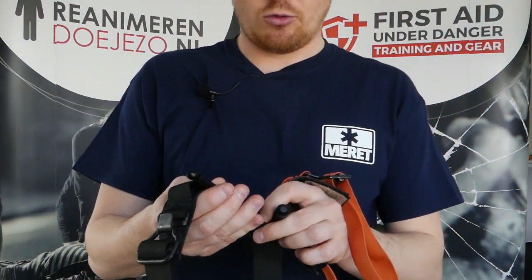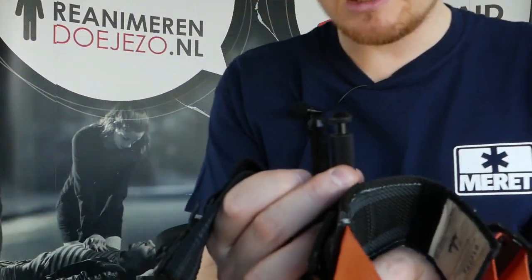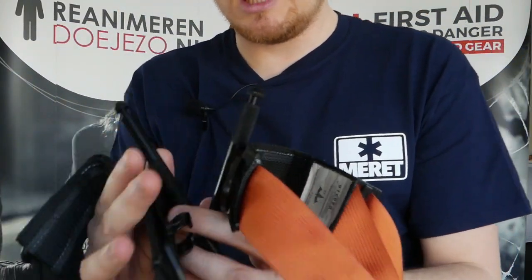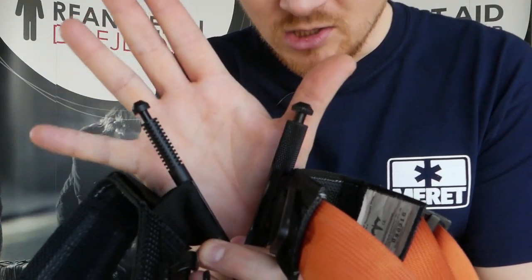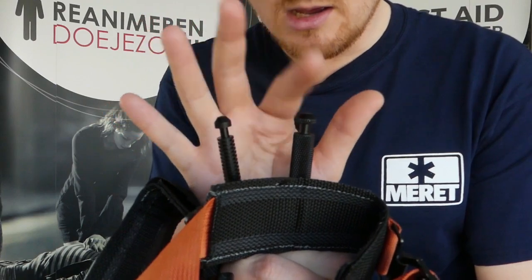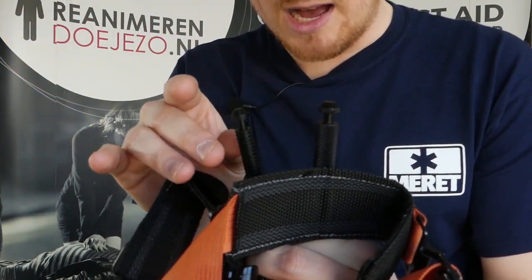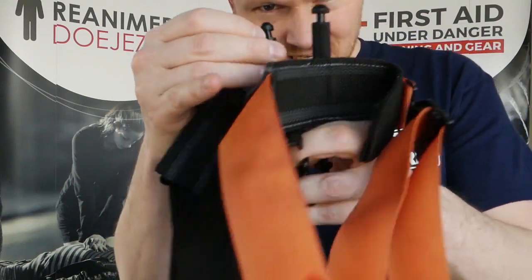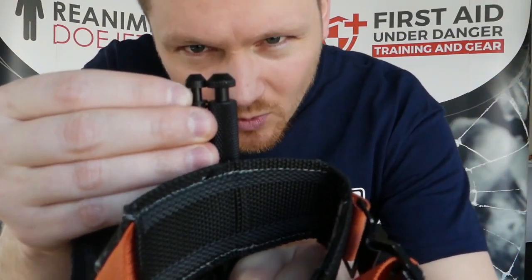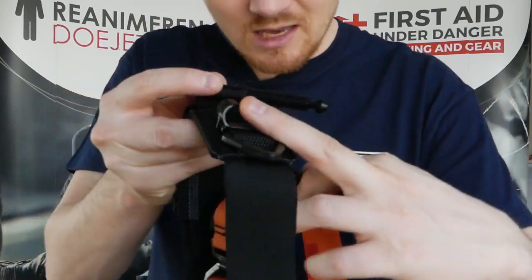Looking at the tourniquet rod, and I place my hand behind it so you can see it a little bit better, you see that the tourniquet rod is much slimmer. It's much tinier than the Generation 3 was. I don't know why, but I do see that this, is it still as big as the other one? Yes, it is. They just made it a little bit smaller, probably because if you want to have this on here,